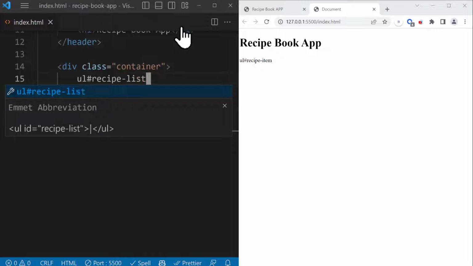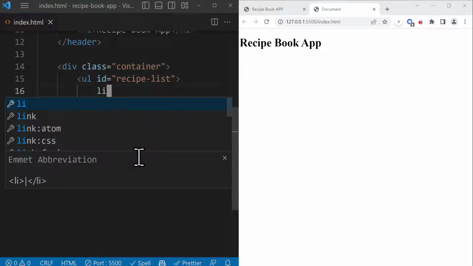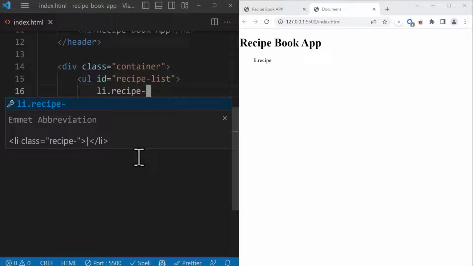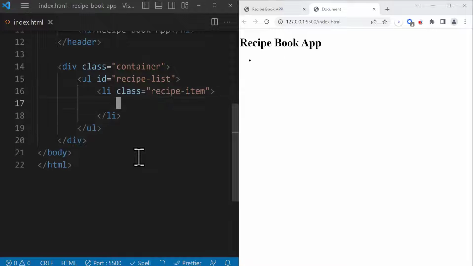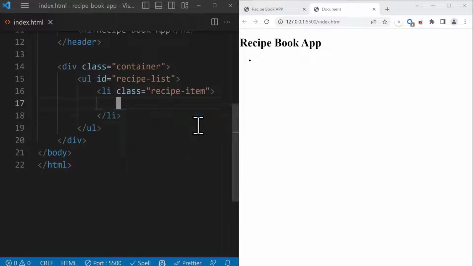And then inside this one, we're going to have a list. In my case, I'm going to have a list with the class of recipe item. Okay. And then inside the list, we're going to have an image tag. And for now, we're going to hard code some images for our recipes, which I'm going to get from